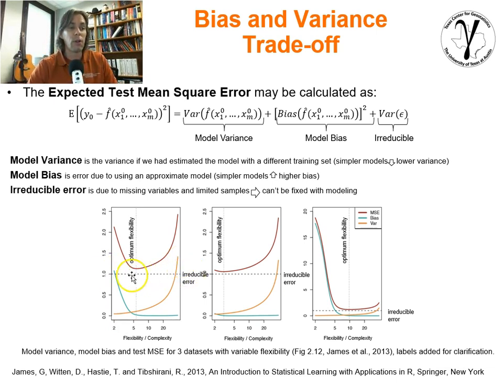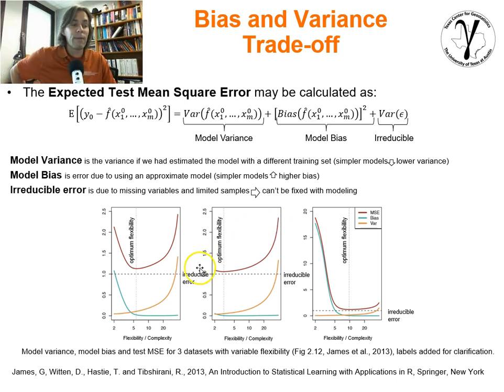And we've got irreducible error right here, which will be just constant. We can't get away from irreducible error. It doesn't matter about complexity, it's constant. Add those three up, and we get this red line. This red line is the expected test mean squared error in using the model.